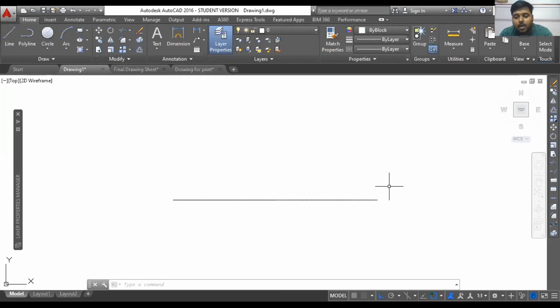Or else, if you have done the conceptual plan in millimeters, you can do it here in millimeters. It is better for working convenience. It is better that you draft in actually what you have drawn in the conceptual plan. So if you have done your conceptual plan in feet and inches, draft also in feet and inches, and later we will see whether we want to print it in millimeters or print it in feet and inches. That is just a work of 2-3 seconds. You can do that within seconds.